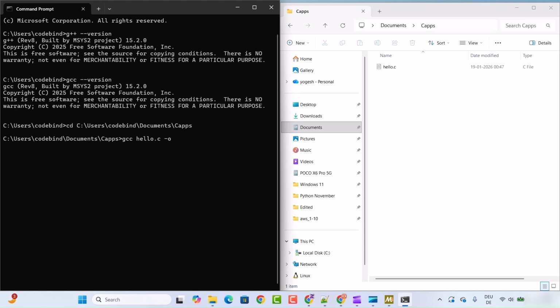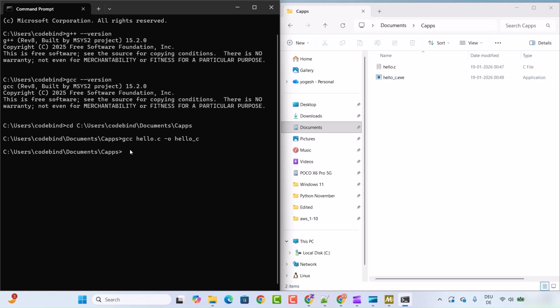So I give the gcc command, space hello.c, space hyphen o, space, and you can give any name to your executable file, right? The hyphen o flag is used to give the name of your executable file, and the gcc command is going to take the C file name, and after that whatever name you give for your executable, it will create that executable for you, right? So this is the command, and when I press enter, you can see the new executable file is created in my folder explorer with the name